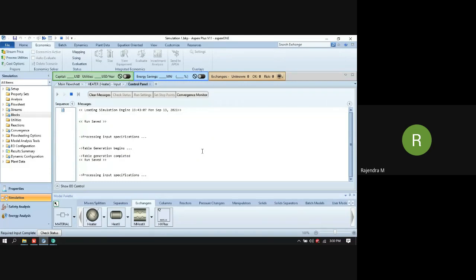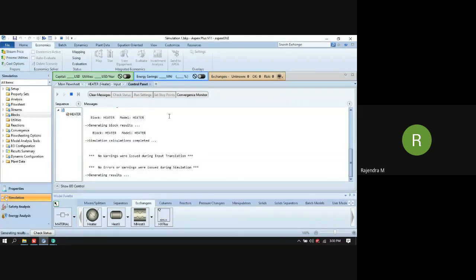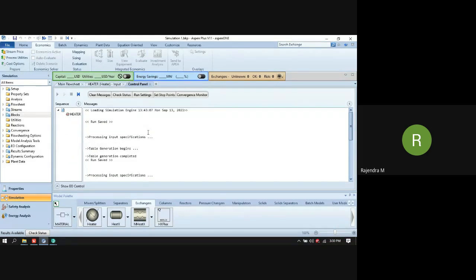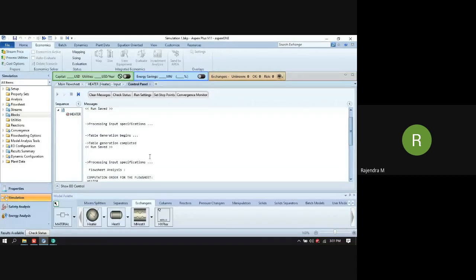After running the simulation, a new window will open. This window is for the control panel. Whatever the software is doing in the background, it will show you the information over here. Logs are generated so that the user can figure out what the problems are or what the software is actually doing in the background.